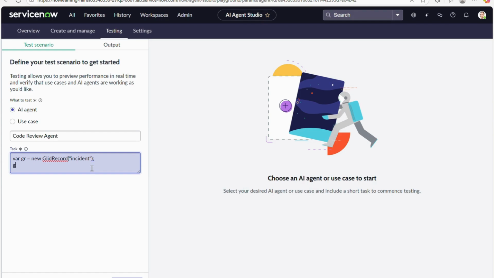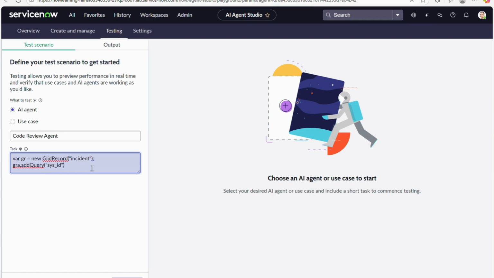So just to add on, it is not always mandatory that your AI agent would work. You might encounter some error related to the prompt, so you just need to correct it, and based on the prompt it is going to work accurately as you define your prompts. So I'll just go ahead and define the query